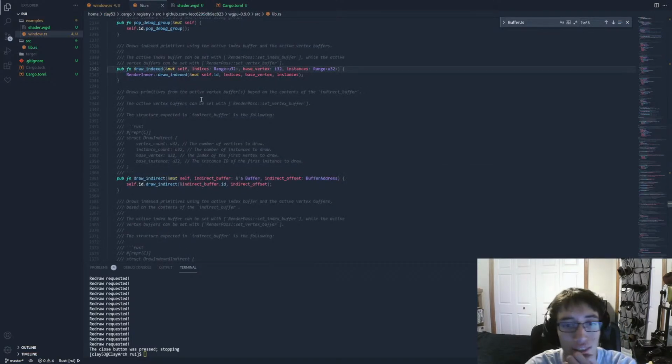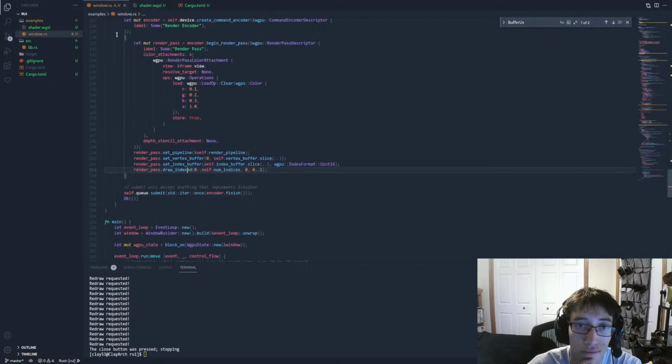That doesn't make any sense still. Base vertex, the index of the first vertex that you draw. Okay. I don't know why you'd want anything other. Anyway,